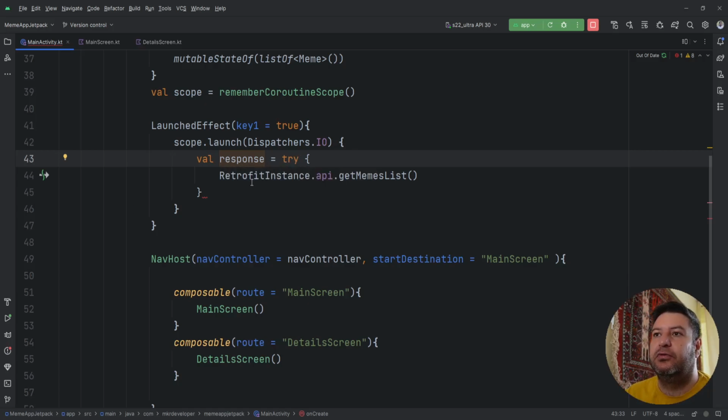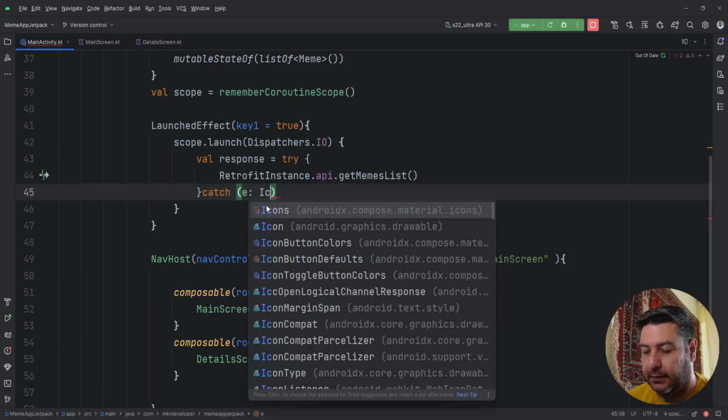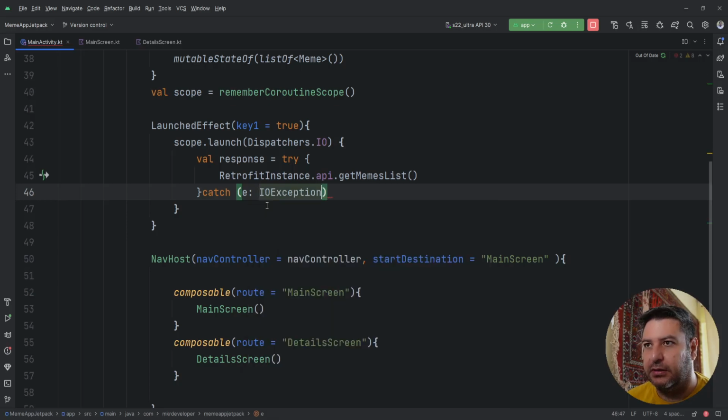But we have to manage the try catch for the exceptions. So here I need two catches. First, for the IO exception, which will be like the application errors and this IO thread errors, and the second one for the HTTP errors. So here let's start with IO exception, then